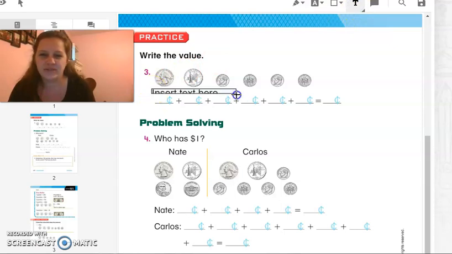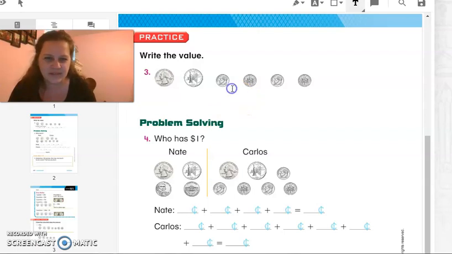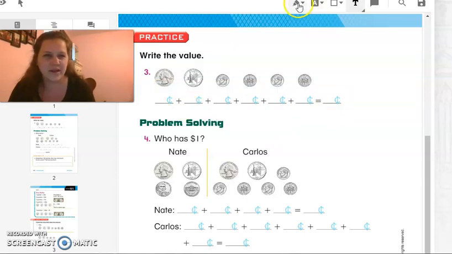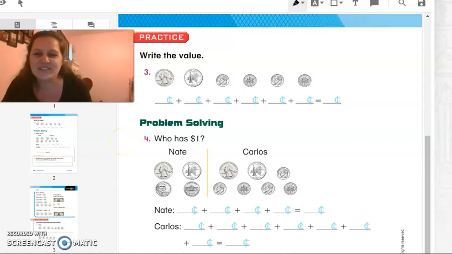I think I'm going to type here. I think it'll make it a little bit easier, although then you guys can't see the coin symbol signs. So you're going to have to bear with my messy writing. All right. So for this one right here, it's a quarter. We know it's worth